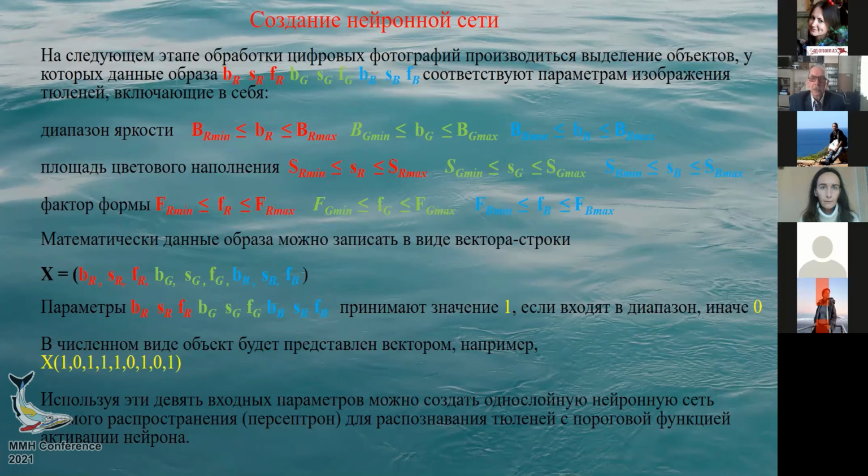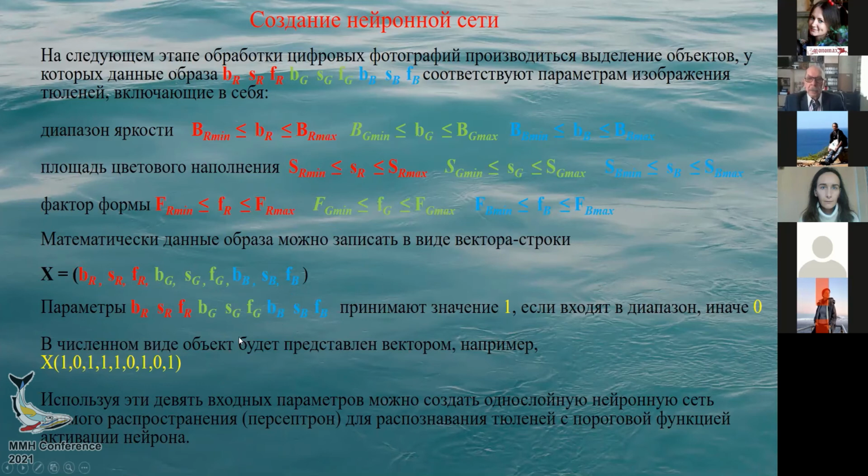Okay, very well. We have to determine the specific objects that match the parameters, that match the ranges that have been determined for the brightness, for the area of the color spot, for the form factor, etc. This can also be written as a vector here, and the formula is indicated on the slide. So you put here all those parameters,